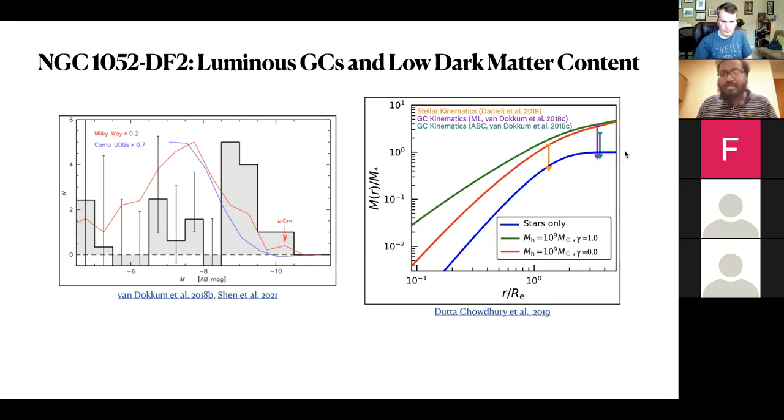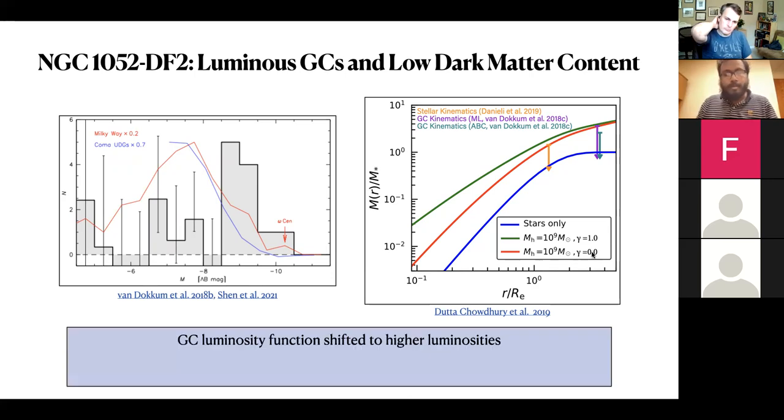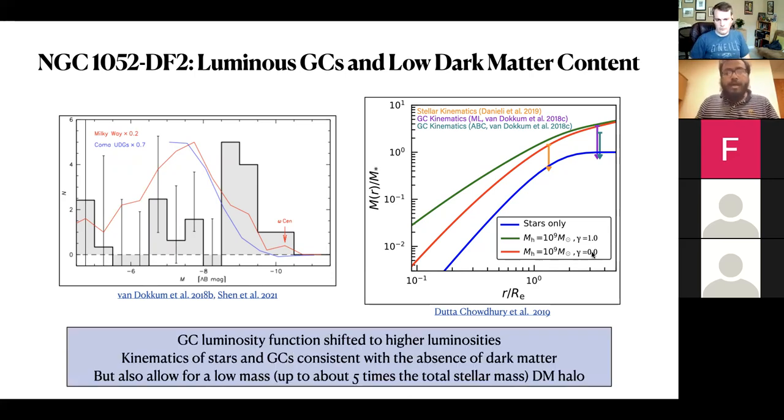So first of all, a stars-only profile, assuming there is no dark matter, and then also two different dark matter halos. One is the 10⁹ solar mass dark matter halo with a cusp, and the other is the 10⁹ solar mass dark matter halo with a core. So the kinematics of the stars and the globular clusters are consistent with the absence of dark matter, but then they can also allow for a low mass